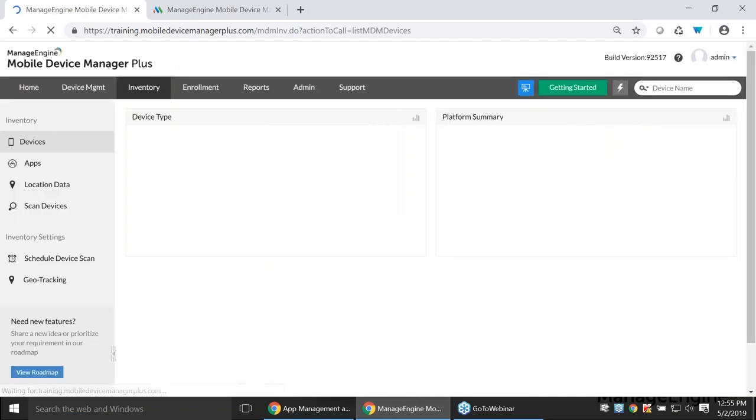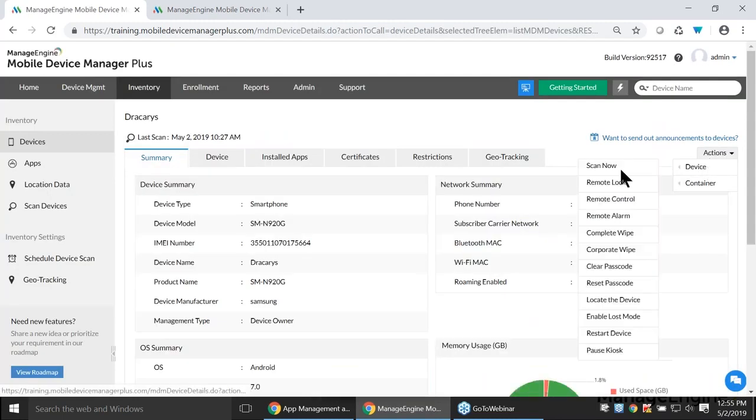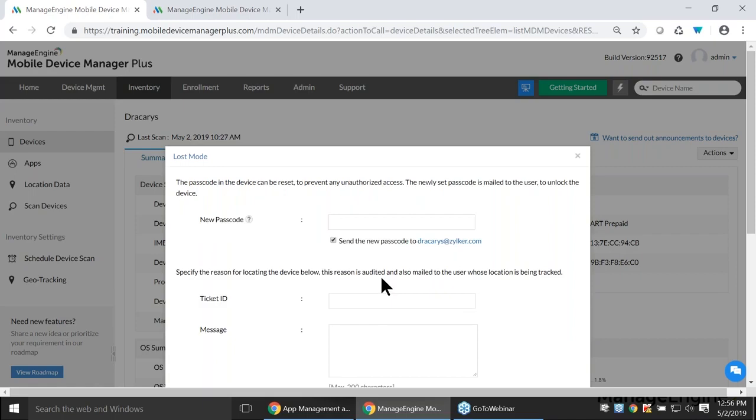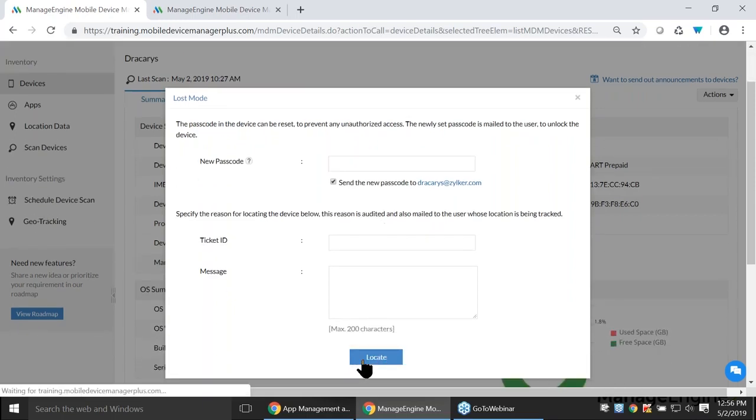So I'm going to take the same driver as example. Since he or she has lost the device, I'm going to place their device in loss mode. These are all the commands that can be passed on the device, right from scanning the device to complete wipe or corporate wipe. Corporate wipe is wherein we would wipe just the MDM details and the applications from the MDM. You can clear or reset the passcode if the user has forgotten it. And down at the bottom, you have enable loss mode. When I click on enable loss mode, I can give a contact number that the user can call and a message as well. And if I hit next and locate,